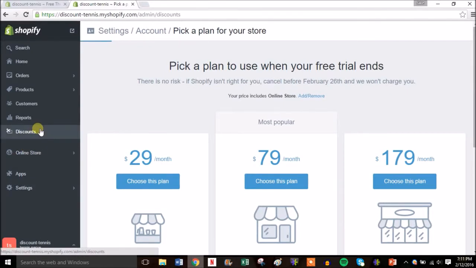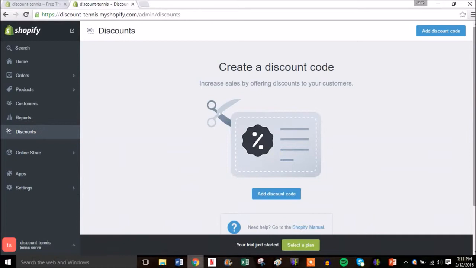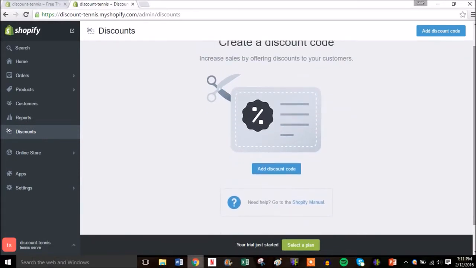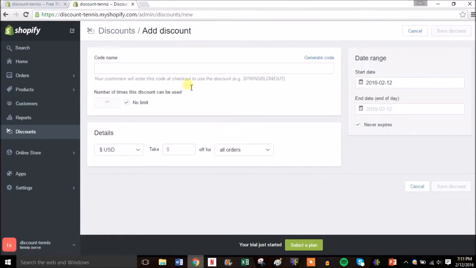And then, let's see, discounts. We can add discount codes where you give a code name, so we'll generate a code here. You can give these out to your customers, or maybe it's a marketing strategy. You're running an ad with a discount code that says, type this code in to get 50% off at our store. So you generate the code and use it for advertising. It's US dollars because I'm in the US, so you would take, let's say, $10 off all orders